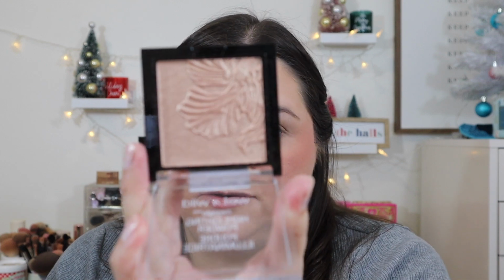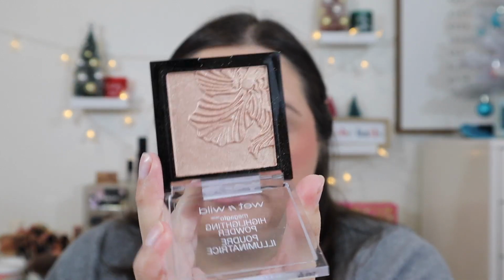So, okay. The other product, again, from Wet n Wild. Wet n Wild has a ton of really great affordable products. That blush, I want to say, is like under $6, but this is one of their highlighters. This is the Mega Glow highlighting powder, and I have the shade Precious Petals. It's this really nice peachy champagne color,